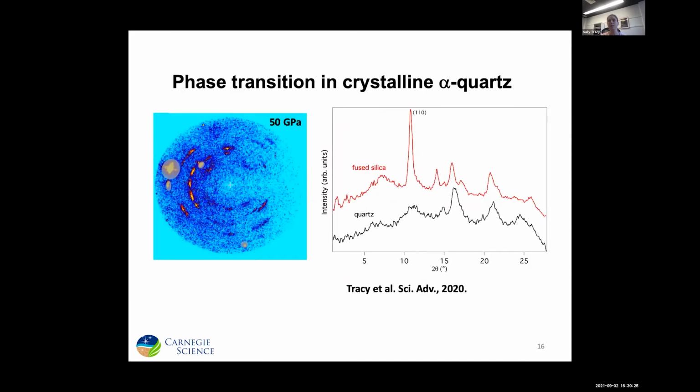So in addition to looking at experiments where we shock synthesize silica glass, we also use DCS to carry out a series of experiments on alpha quartz starting material, which is of course a more geophysically relevant material, at least for understanding things like crustal impact processes. And what we observed here were some interesting differences between what we saw for silica glass, in that we also